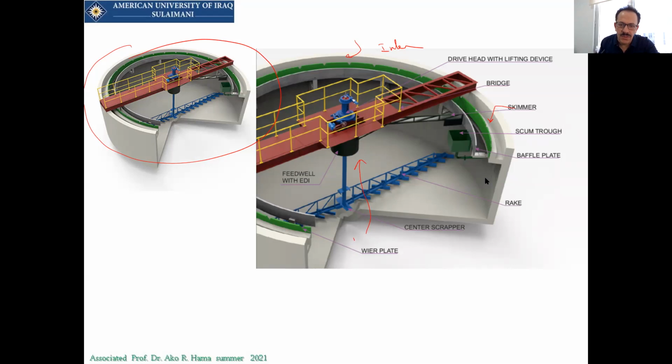I'm sorry. So some of the tanks have the inlet zone. This part will be the inlet zone. The water comes in through a pipe, goes down, and then there is the skimmer. After that, the water is collected in this tank for 8 hours, and then it will overflow over this, which is called the weirs.